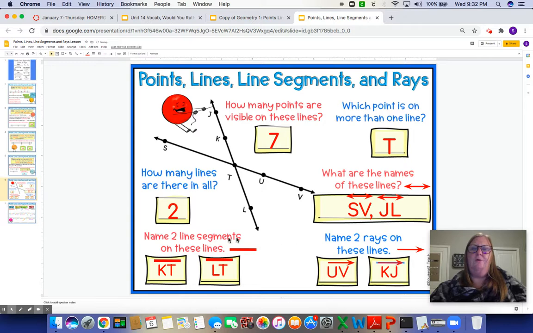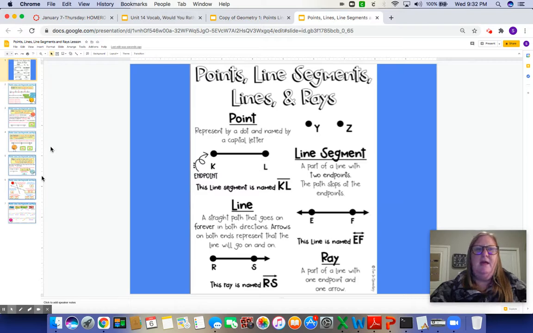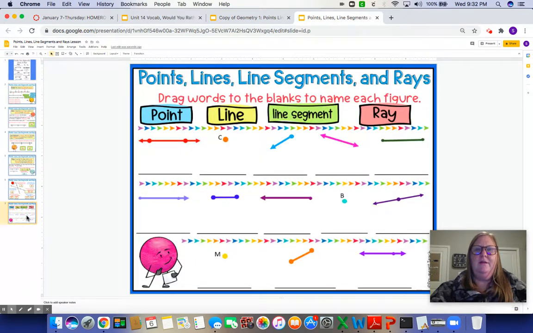Those are our rays. So you are going to refer to this anchor chart at the beginning, and you're going to do this slide for me, along with a few other things to see if you can identify a point, a line segment, and a